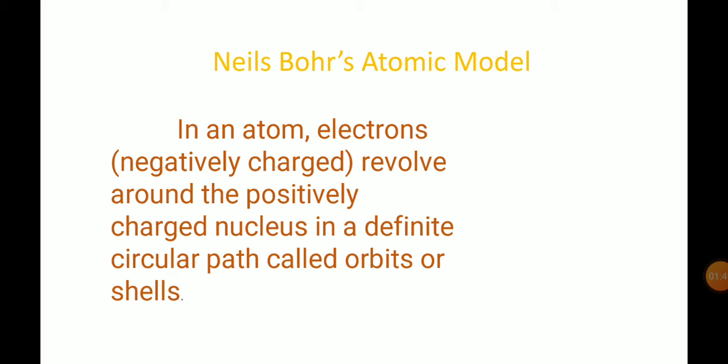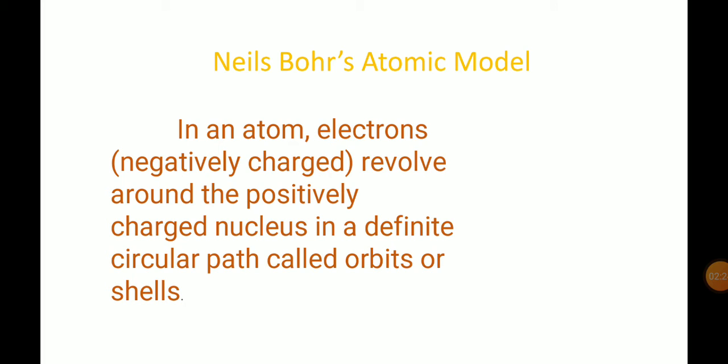Niels Bohr has modified Rutherford's concept and is proposing his atomic model. He tells that if you take an atom, the nucleus is present at the center of the atom. What is the charge of an electron? The electrons are negatively charged in nature. So it is given that the negatively charged electrons of an atom revolve around the positively charged nucleus, which is located at the center.